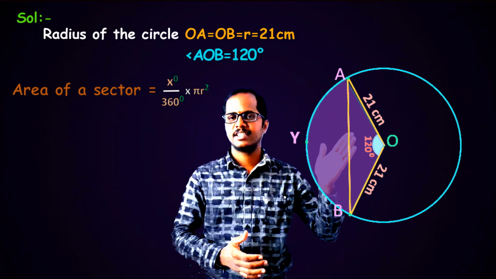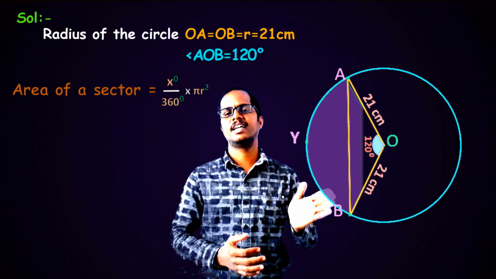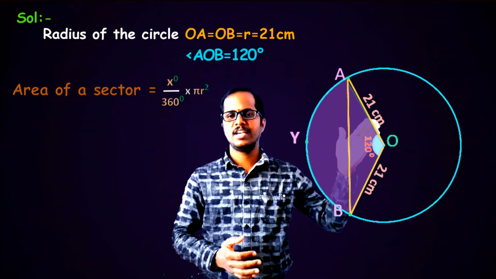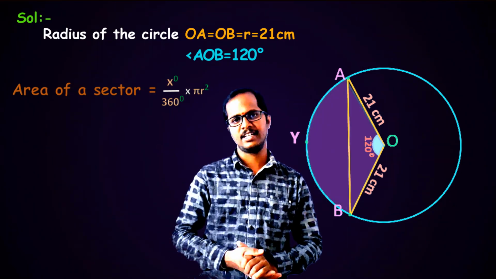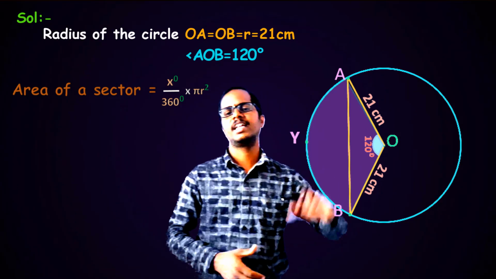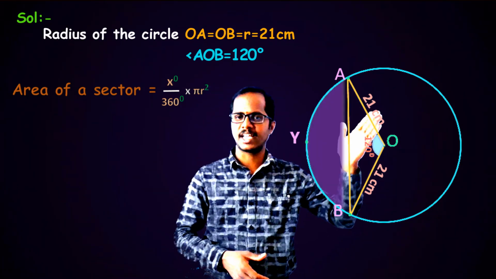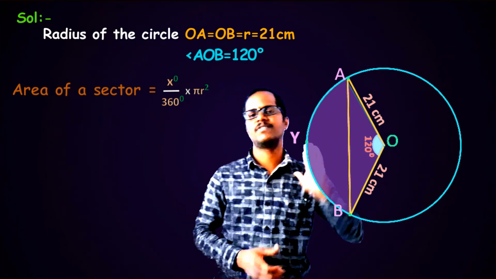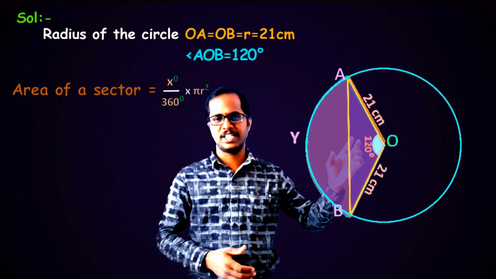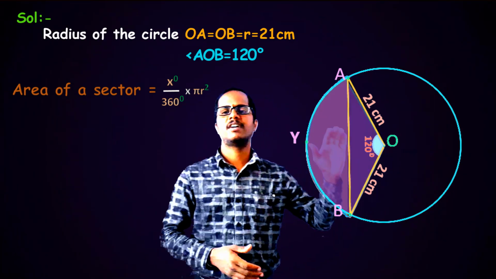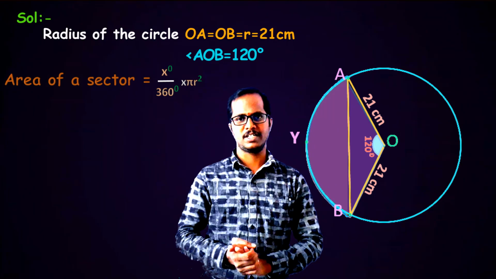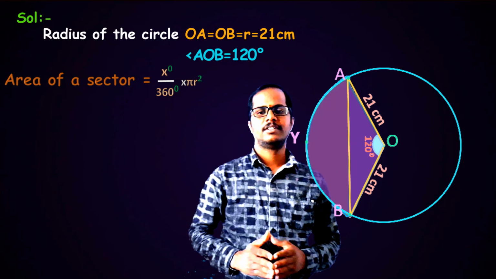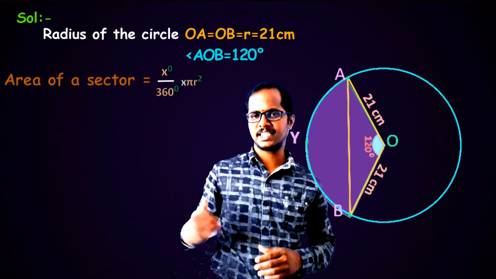So what is the sector angle here? It is nothing but angle AOB, which is the sector angle, and it is given as 120 degrees. So here x equals 120 degrees, and the radius of the circle is also the radius of the sector, and it is given as 21 centimeters. So in the place of x we substitute 120 degrees and in the place of r we substitute 21 centimeters. By substituting the corresponding values in the formula, we get 120 degrees by 360 degrees